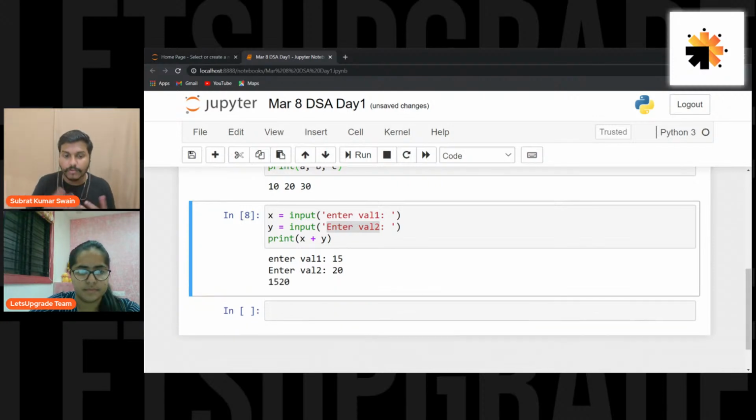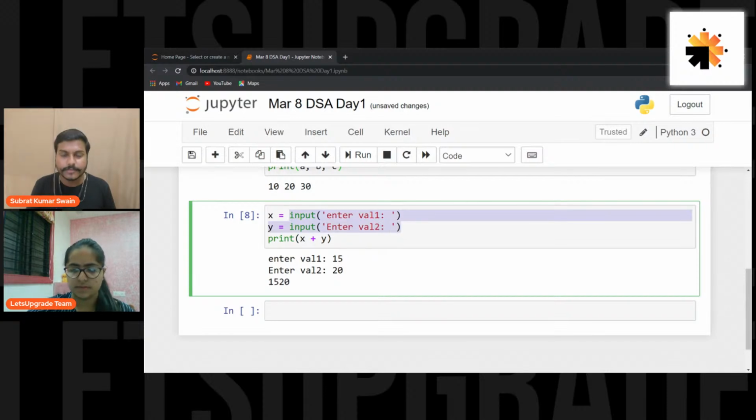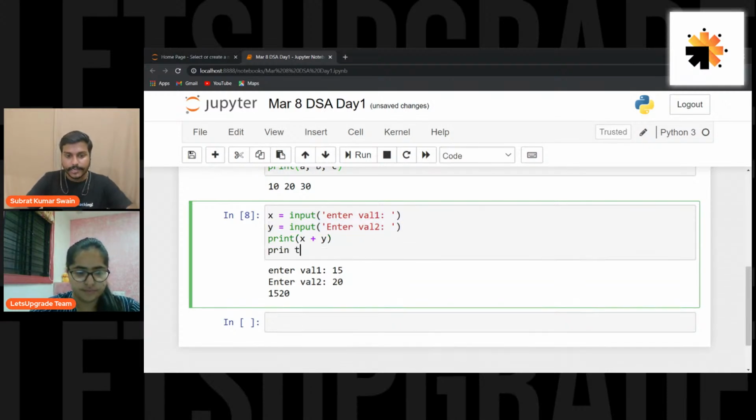When I hit enter now, what I'm getting is 1520 as the output, not 35. So what is basically happening here? We have taken two numbers and we have added them, but we are getting 1520 as the output. The reason behind this is, guys, when you use the input function, by default it will take a string. That is why you are getting 1520, meaning x is a string, y is also a string. When you use plus operator with two strings,